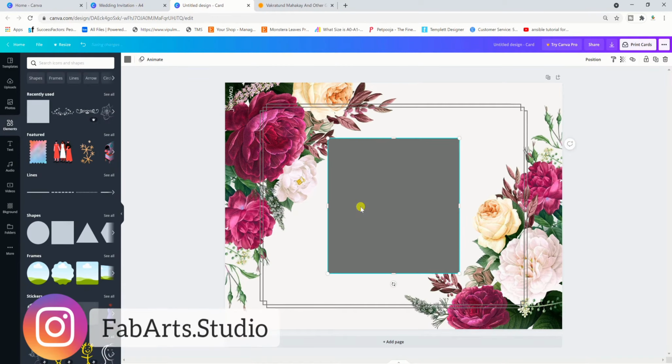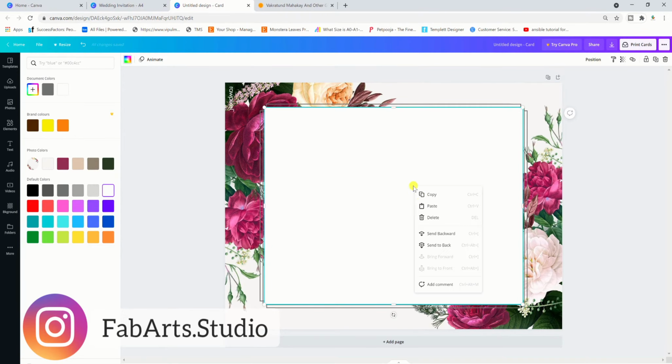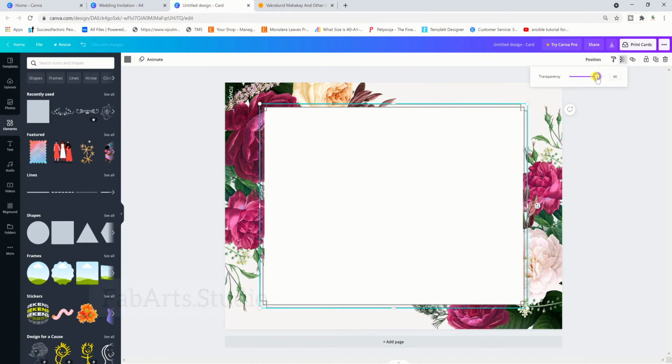Adding a white square element so that it has space for adding the details. Otherwise the floral design might not highlight the text that we are putting. We will change the opacity of the square box,